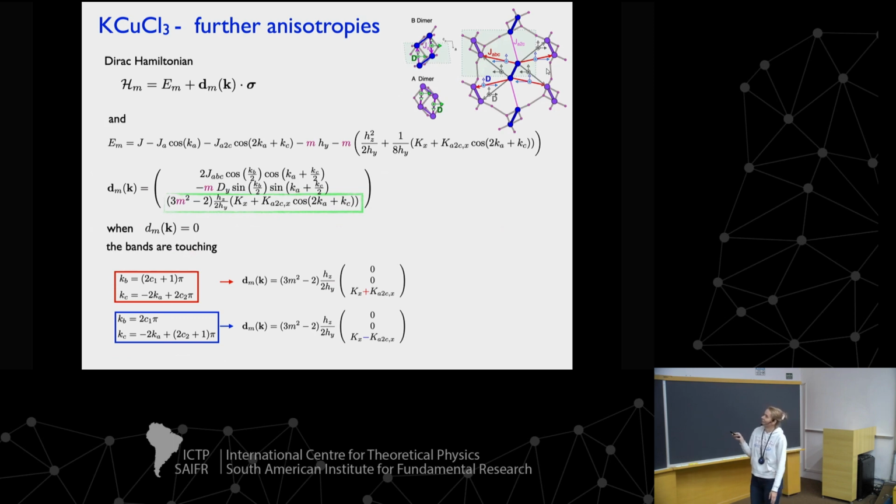Thank you. Right, so first, what we want to take into account is on this purple or magenta dimer, the DM interaction, as I said, is not allowed because it's an inversion center. But we can have a symmetric exchange anisotropy, and that's exactly what this Ka2CX is. So we will take into account that anisotropy and also a similar symmetric exchange anisotropy on the other dimer. The dimer is also an inversion center. There is no DM on the dimer either, but we can have the symmetric exchange.